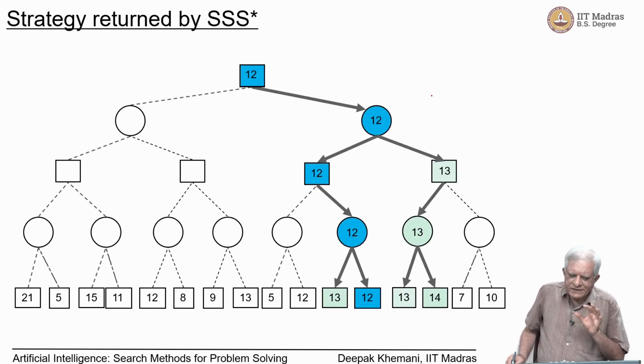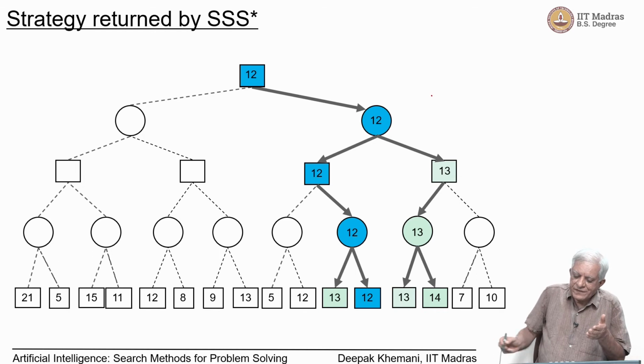So, this is the strategy that is found by this algorithm, SSS star, with this small example that we saw. The thick lines that you see are elements of the strategy. Remember that the strategy is what? One choice at max level, all choices at min level. And you can see that there are 4 nodes in this strategy: 13, 12, 13, 14. And the way the minimax backup rule works, this value of 12 is what will go up to the root essentially,